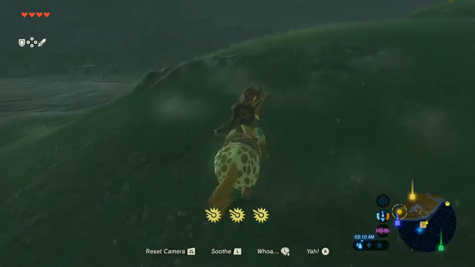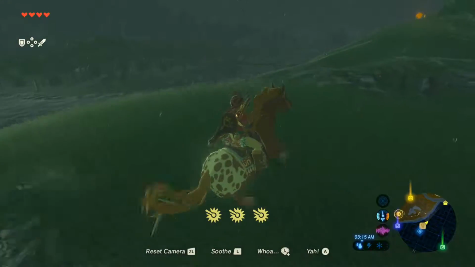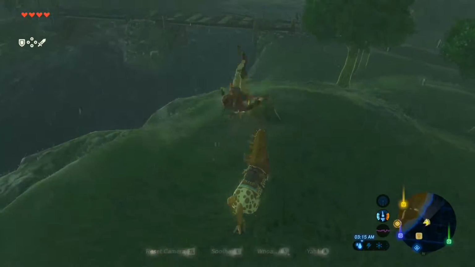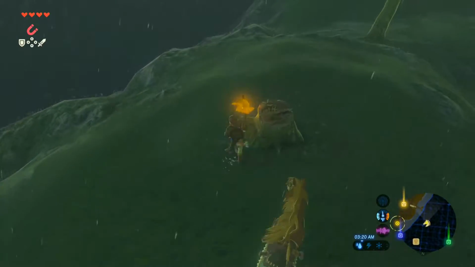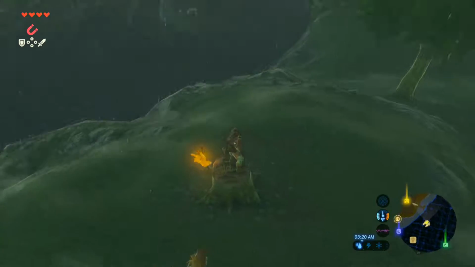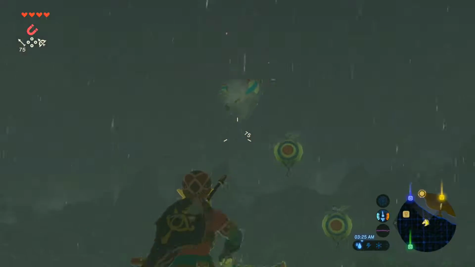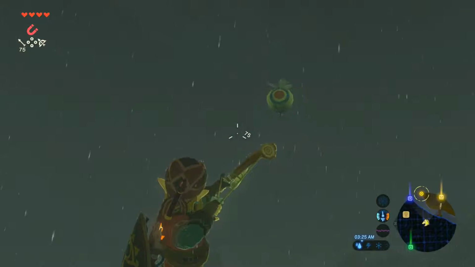Now, I do know there are some weird things we can run into ahead, kind of like this pinwheel-like object. So if we climb on top of here? Yeah, if we climb on top of here, you'll notice that we get these balloons. We're able to...